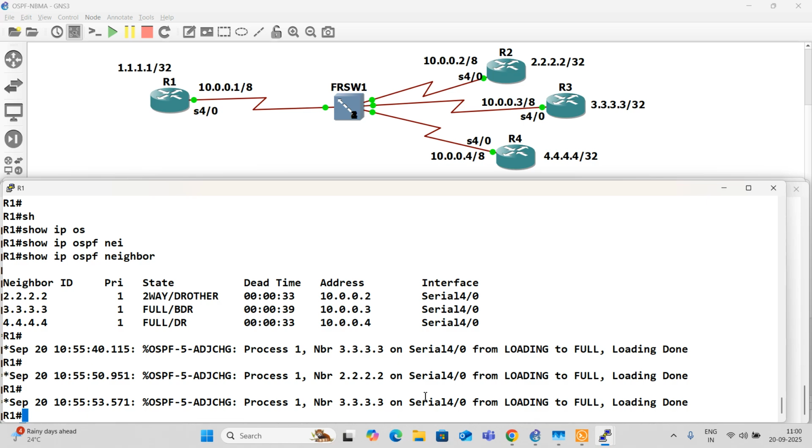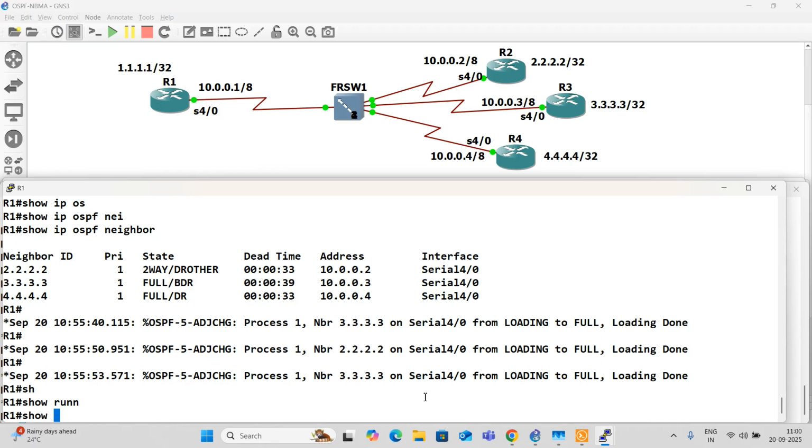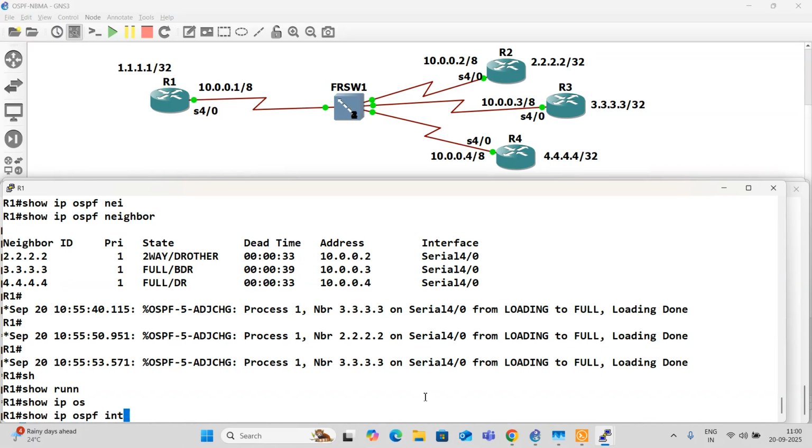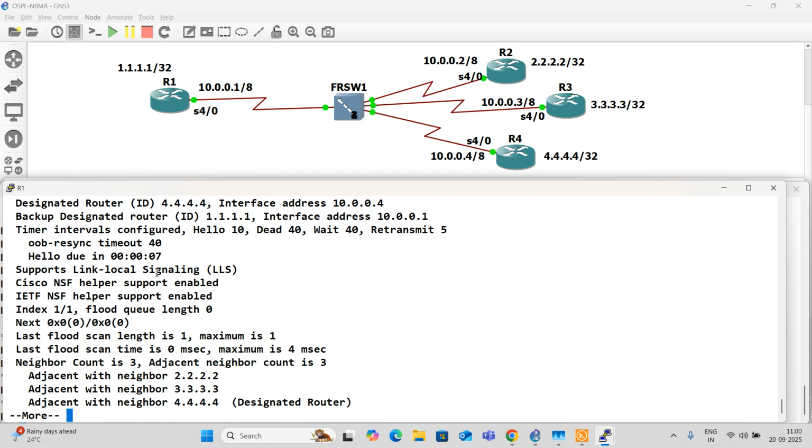Okay, let's assume you have full mesh and you have enabled broadcast. What do you see here? Neighbors are dynamically discovered, and the timers are no more 40 and 120. I'll show you. Show IP OSPF interface serial 4/0. The timer here is just 10 and 40.